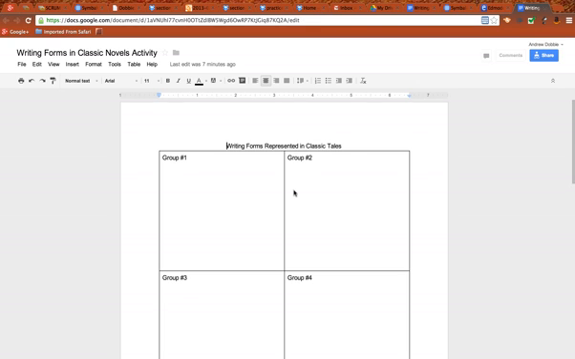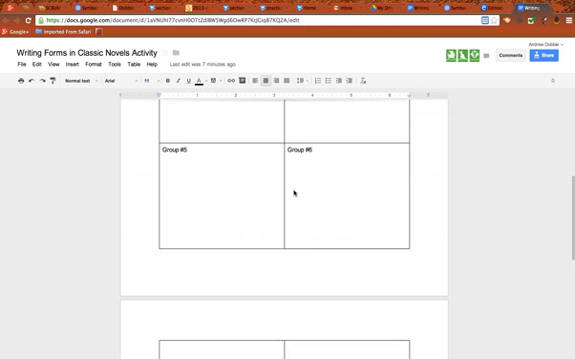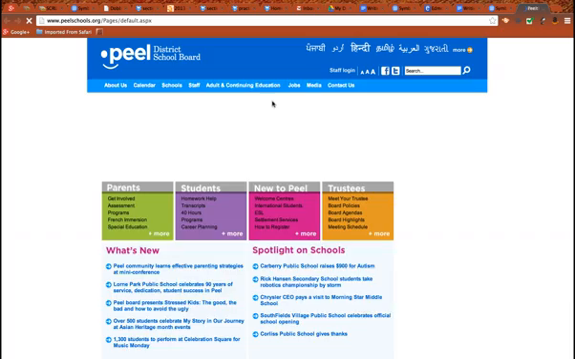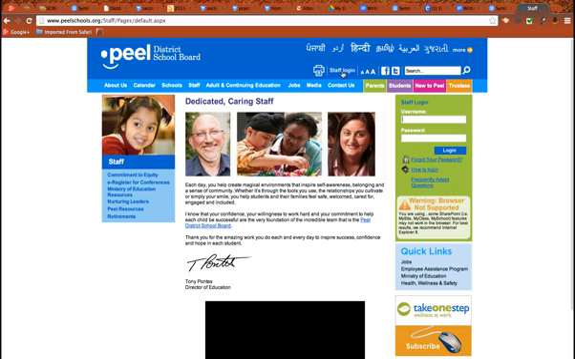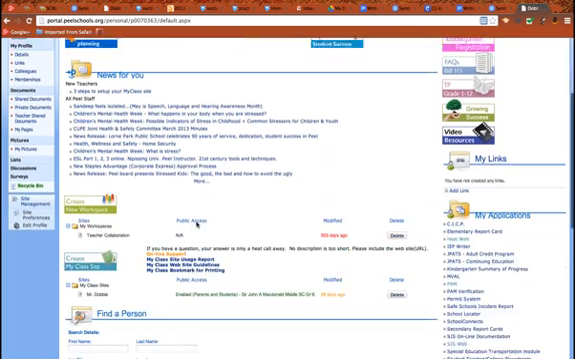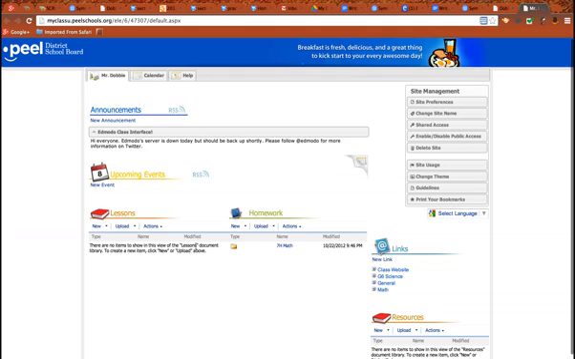So if I were to click on the link, it takes me directly to the page without any login required, so the students will not have to log in. If you're working with my class site, you would log into your Peel account just as you normally do, and then go to your class web page. Now once you're in your class workspace,